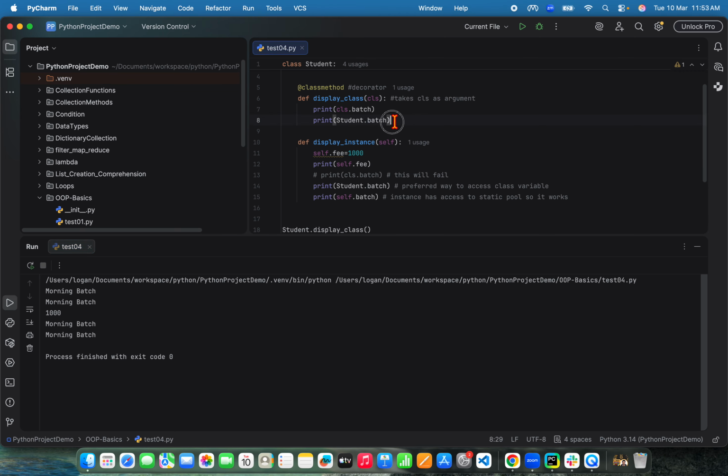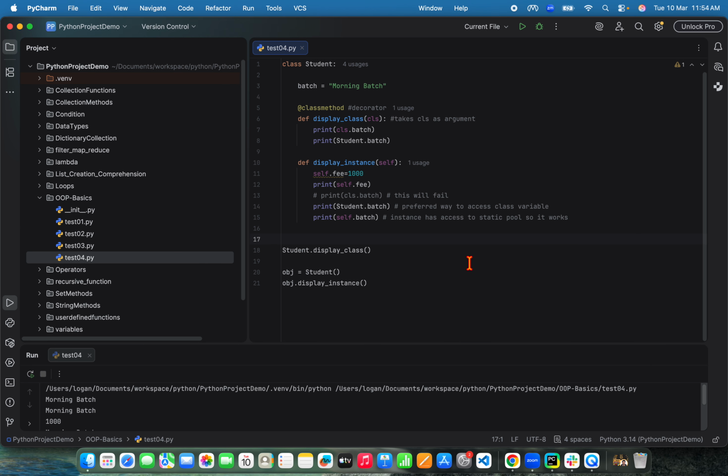Why morning batch, morning batch? Here it is printing morning batch, here it is printing morning batch, and then 1000 fee is printed, and after 1000 this is also working and this is also working. So what are we understanding from this? We can have a class level method, but it has to be defined under the decorator @classmethod, and very importantly